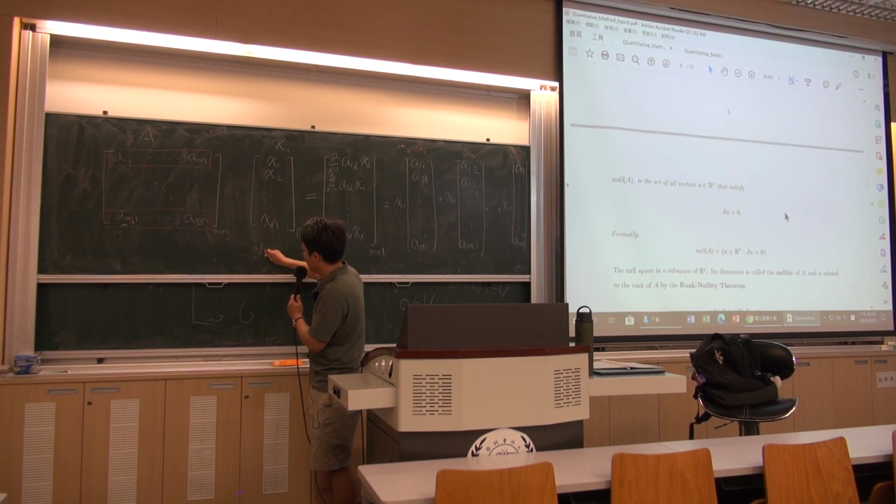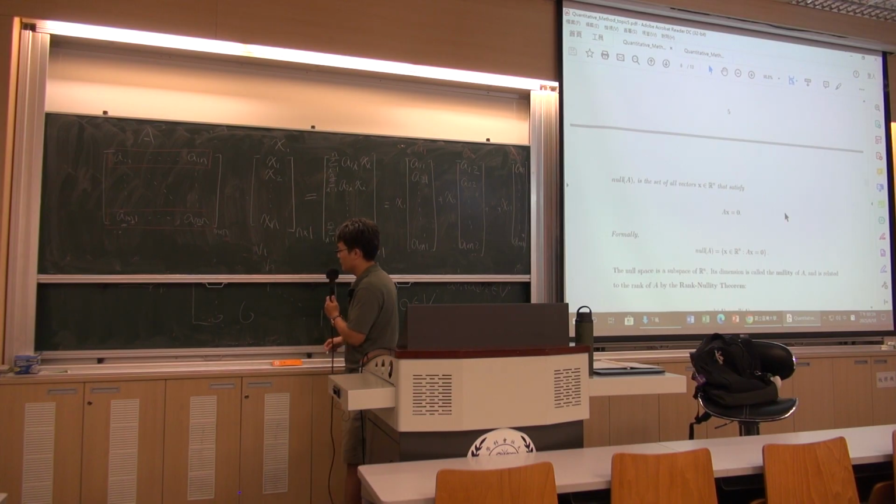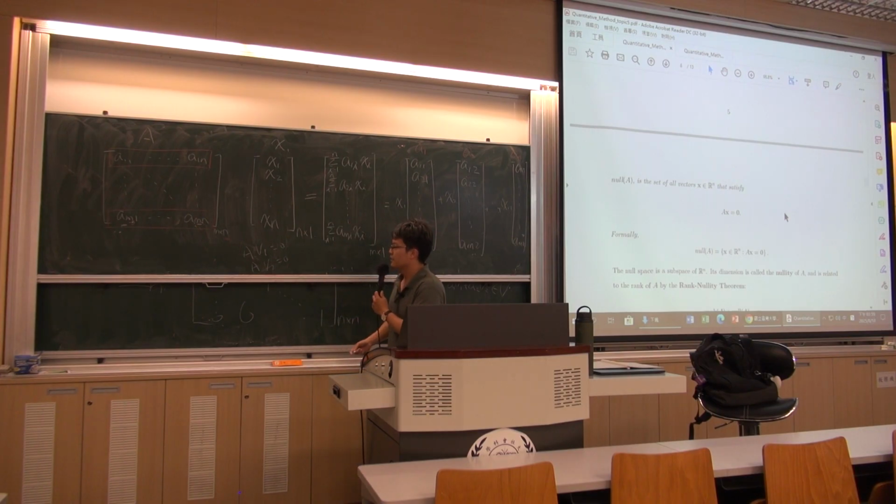v1 and v2. These two are linearly independent vectors that all satisfy this. So these two vectors are in the null space of A, right? And what else? Can I do a linear combination of these two vectors, and does that give me